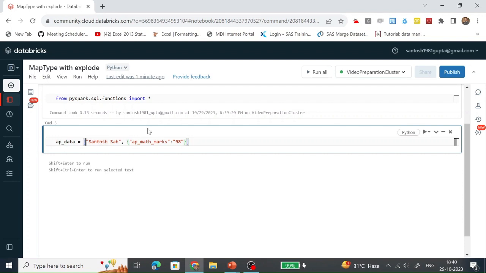So this is one object. Let's put it into small brackets so that we can distinguish it. Now let's create two more. I am going to copy it to save time.